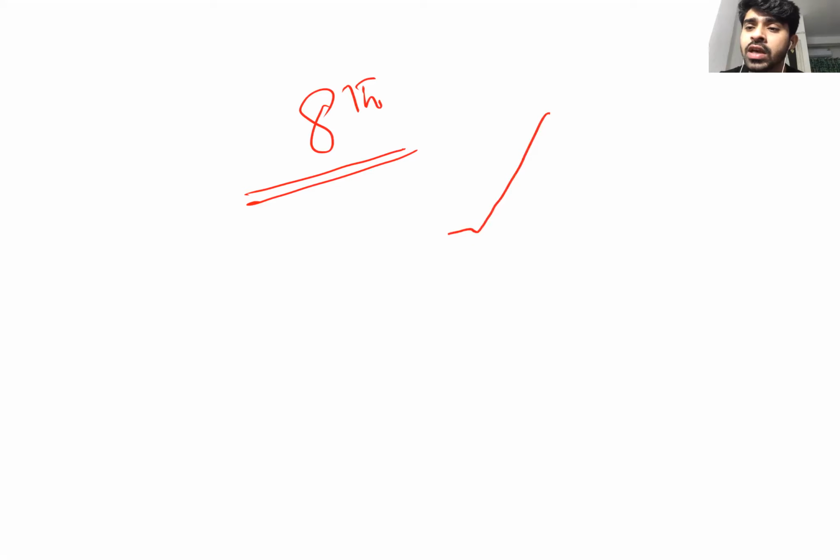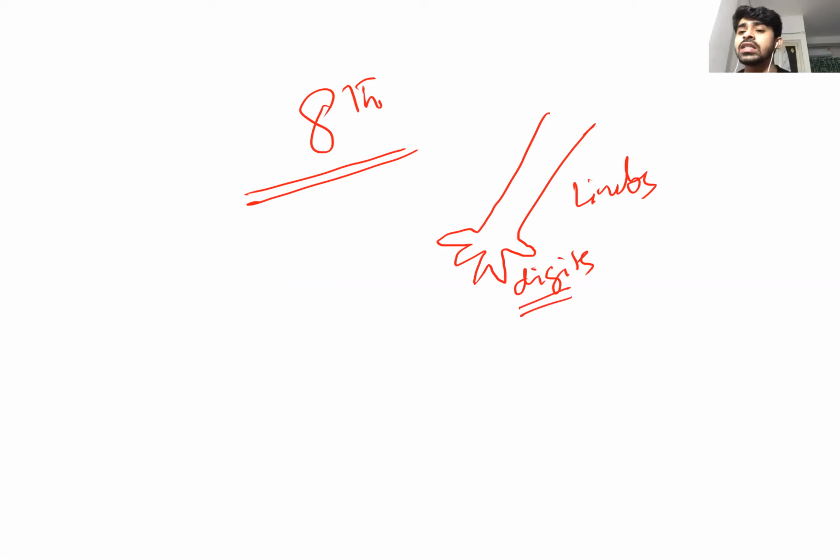Next MCQ on the 8th week, not before that. Only remember the 8th week. I am just discussing according to the NCERT. On the 8th week, you have to remember, draw this. If you draw this, you can remember even in the exam. So that's why I'm drawing. The limbs are formed in the 8th week. The digits are formed in the 8th week. This is something you have to remember. So limbs and digits are formed in 8 weeks. Okay.